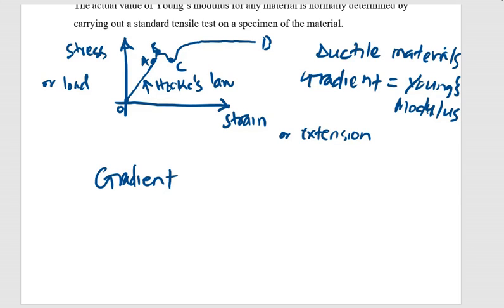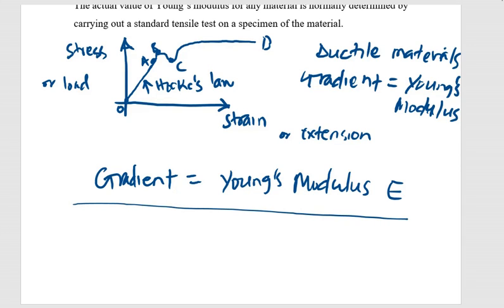Gradient will equal Young's modulus. Now, in most engineering applications, we are going to find out that this E, or Young's modulus, is always approximately 200 giga-Newton per square meter, or